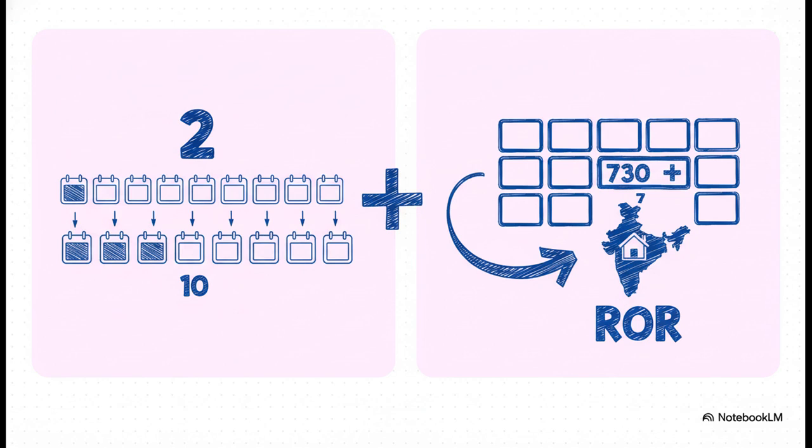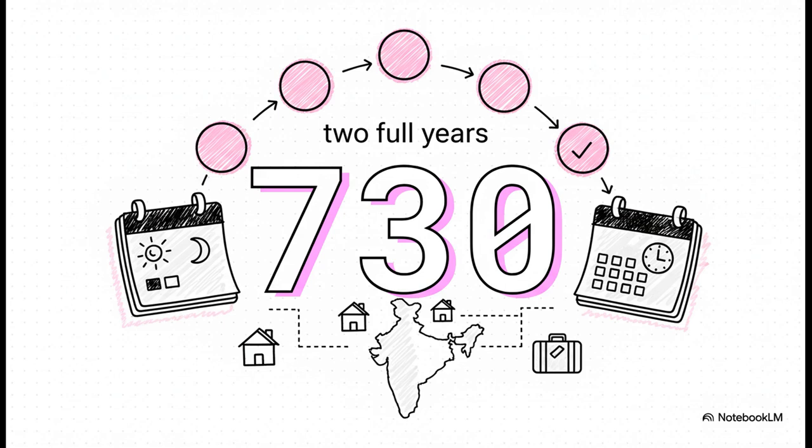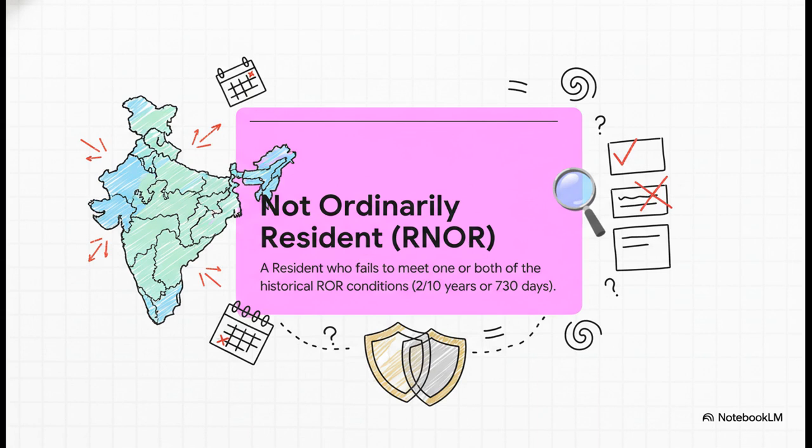or more. And there it is, our next key number to lock in, 730. To put that in perspective, that's basically 2 full years spent in India over the last 7. It's a pretty high bar. So what happens if you're a resident, but you miss one, or maybe even both, of those tough ROR conditions? Well, then you land in that special middle category, resident but not ordinarily resident, or RNOR. And this status is great because it gives you some of the tax advantages of being a non-resident, even though